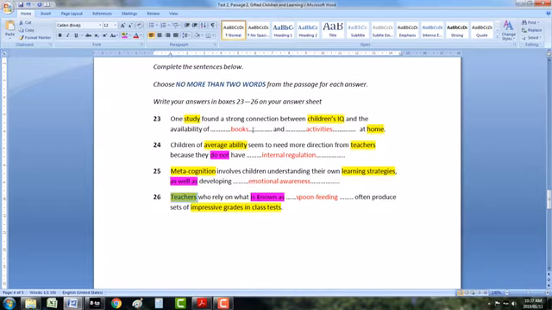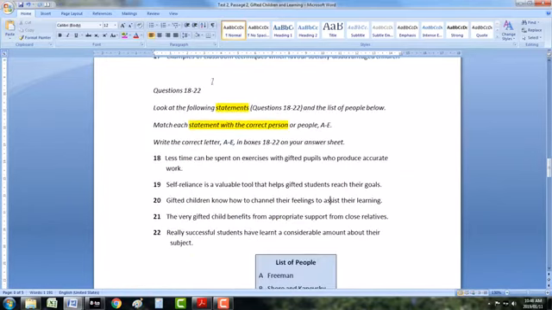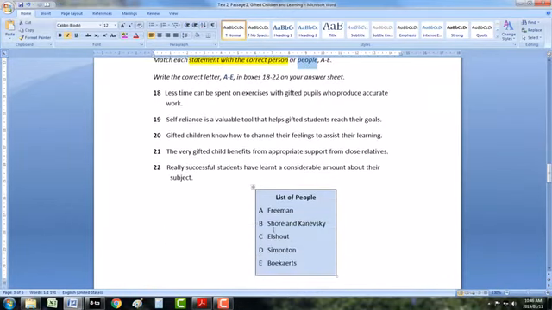But this is a very good question set to explain how the structural language in the sentence, do not, as well as, is known as, helps you with answers. It's high level stuff, but it can help you if you understand it. Okay, look at the following statement. Statement with the correct person or people. They just say or people because there's two over there.